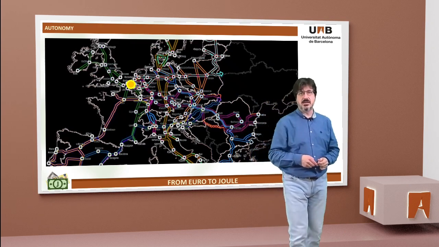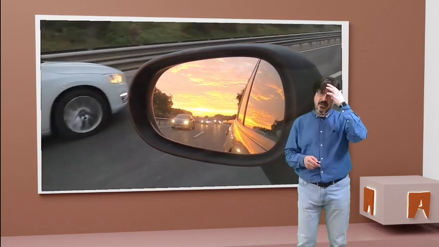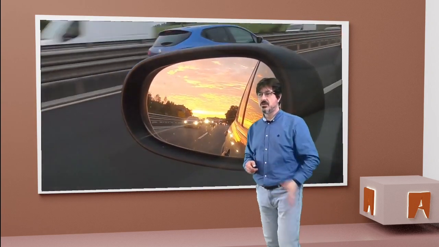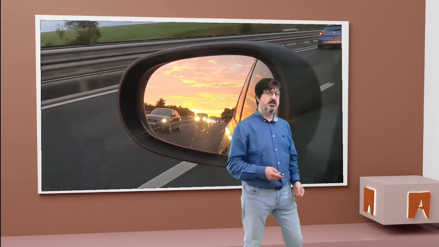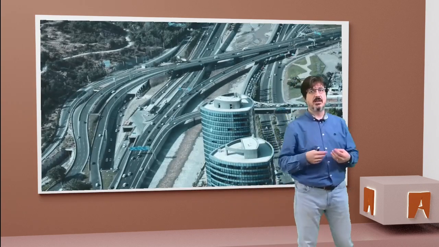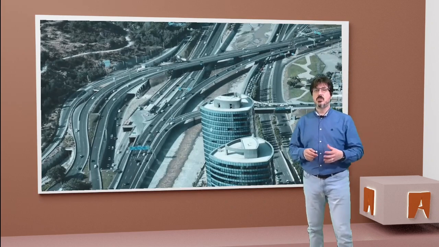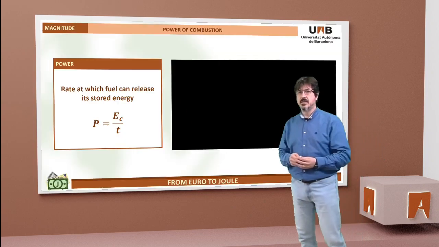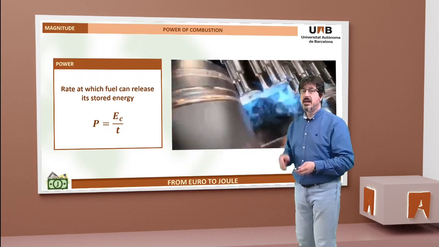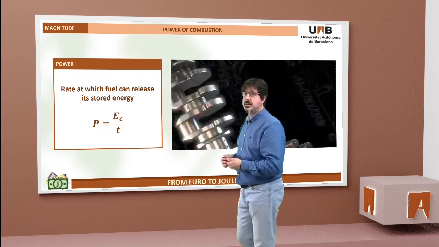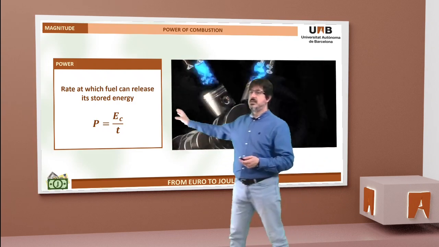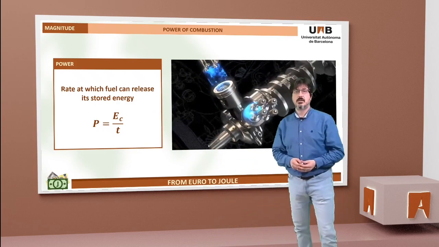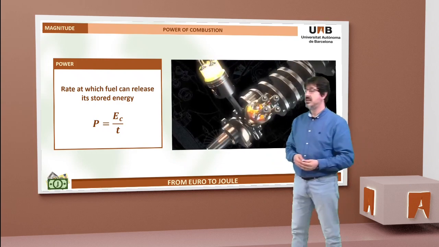because it gives us so much autonomy in our vehicles. The second property depends on the speed that we want in some situations. When we want to pass another vehicle, for example, or when we drive on our highways, we need a lot of energy in a tiny amount of time, and this is what power is used for. The power is the quotient between the energy that we are using and the period of time in which we are using that energy.